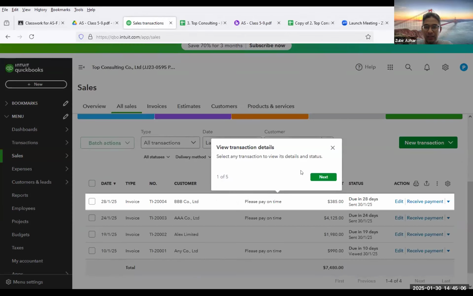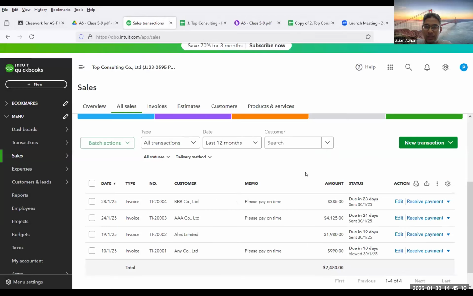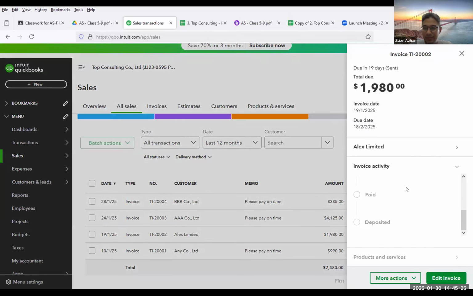Okay, and just click close if you don't want to have the tour. All right. You didn't put the memo for the third item for Alex Limited. So that's why the memo is left blank. Can we put some memo? I did.